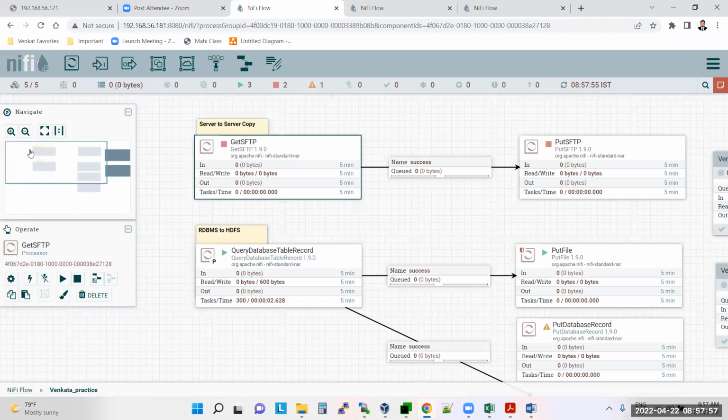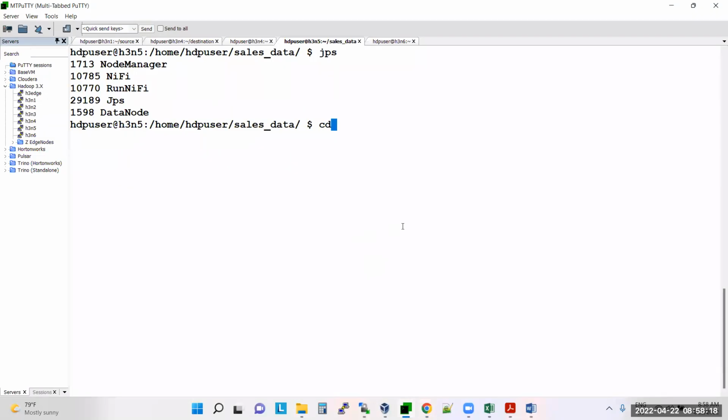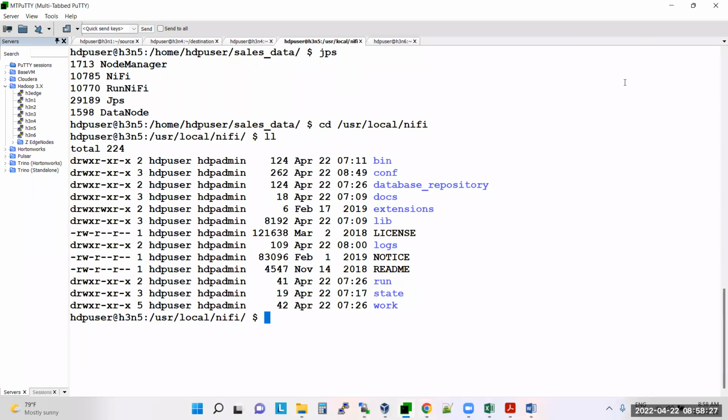See, I have a total of 5 nodes in the cluster. One node is down. When I had 4 nodes, I created a flow. Now if the 5th node is started, will it start automatically? No. When the 5th node is started, it will check something. On each machine, go to the NiFi directory under user local. There is something called